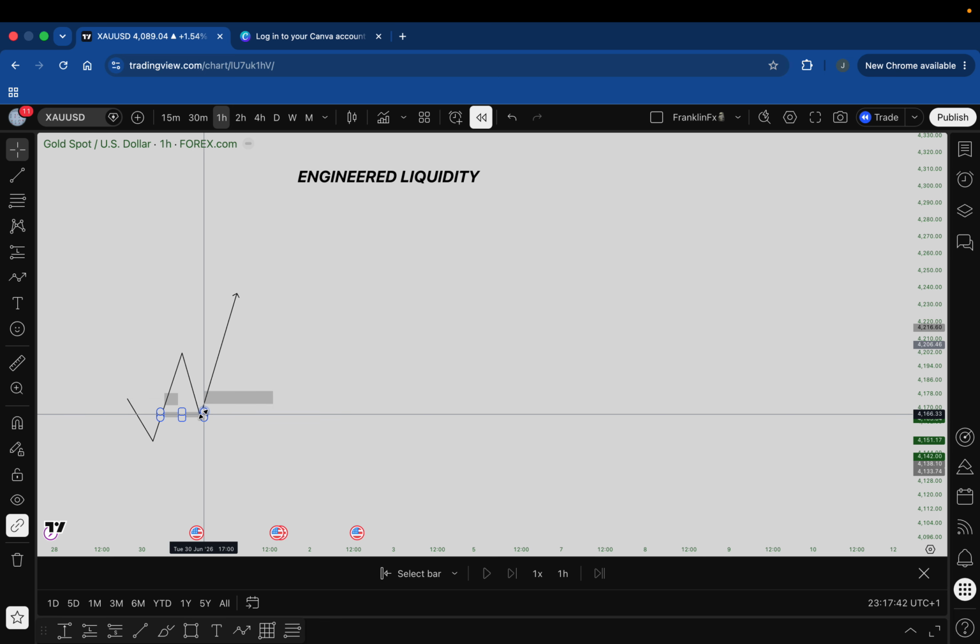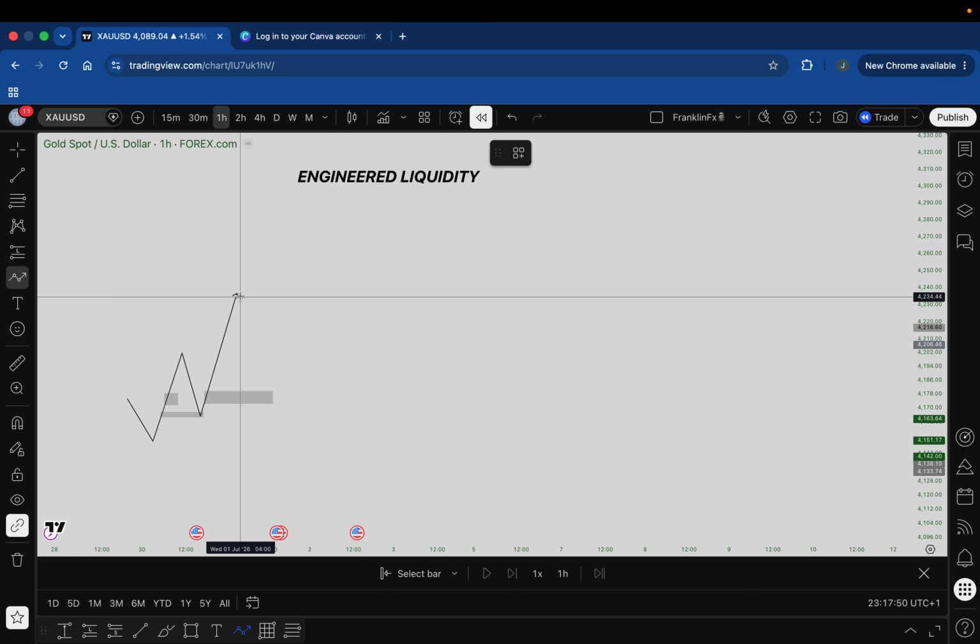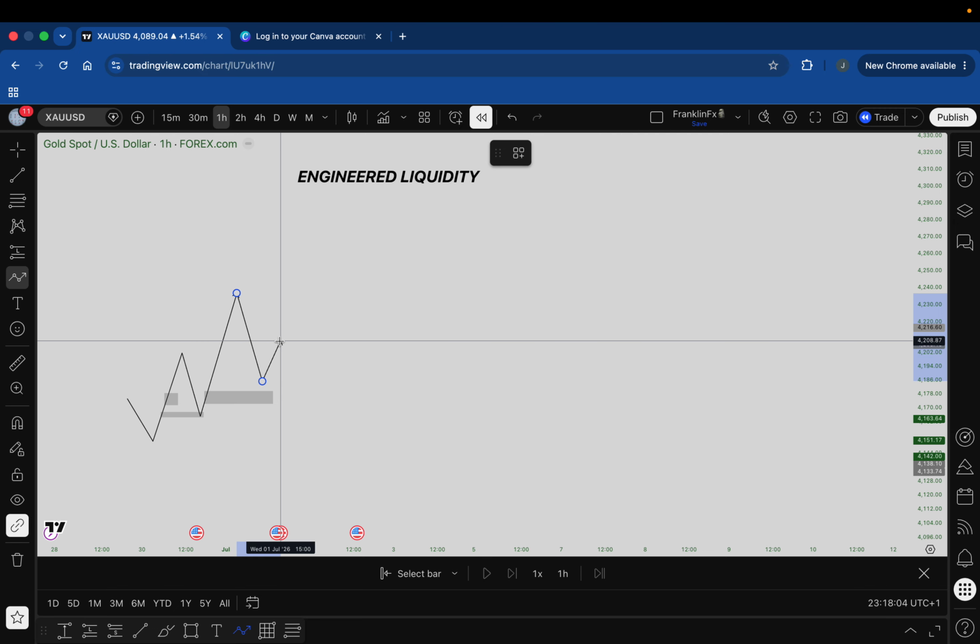Look at this structure. There is no inducement. And market begins to come down. Let's say it comes all the way here, very, very close to our POI. And then all of a sudden changes direction and begins to go up. And a lot of traders will be like, I may not wait anymore. Of course, here is my POI, but it seems like the market may not come down to my POI anymore, since I'm having a sharp movement to the upside.